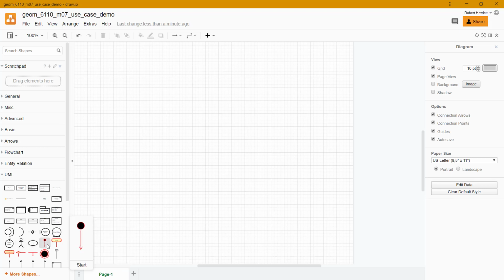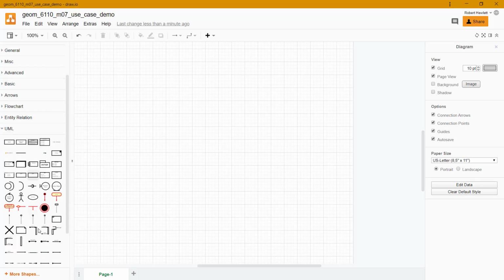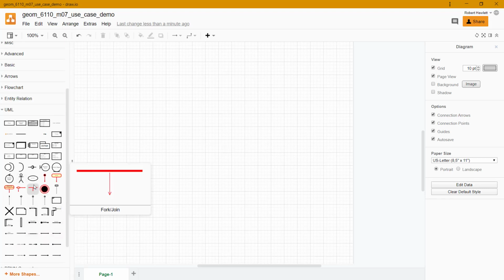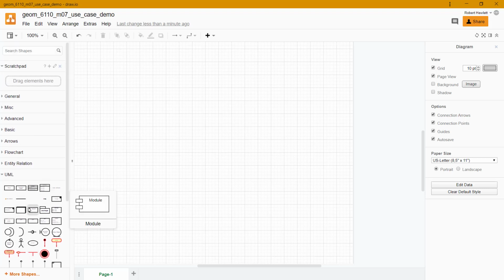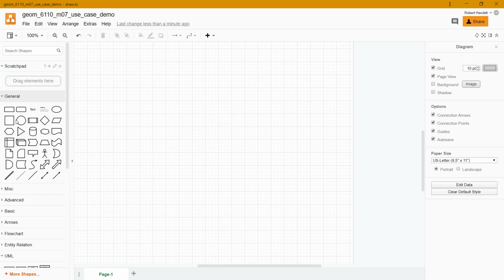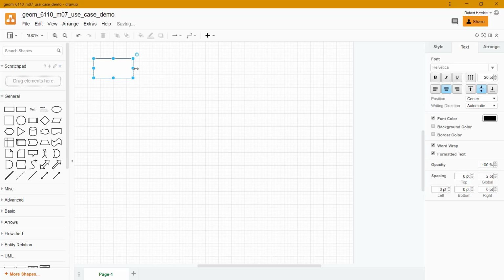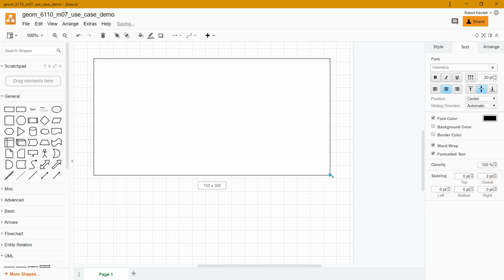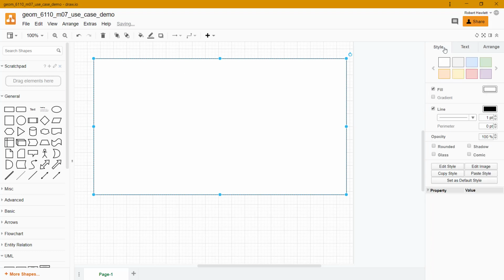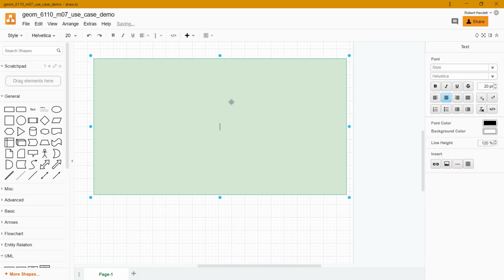Typically, you also define a box that says this is the system, to give the system some boundaries. Now, they don't actually have such a generic structure on here. And so I'm just going to go up to the General tab and bring over a rectangle and resize it. I'm going to give it a color so that I can see it. I don't know about gray. I'll go light green. And I'll give it a title. I'll call this the